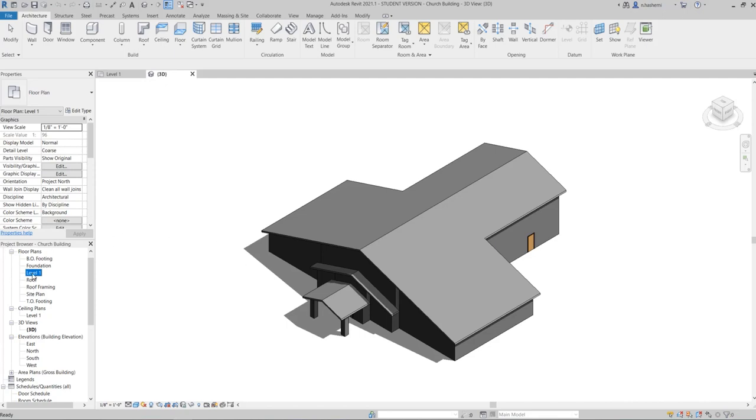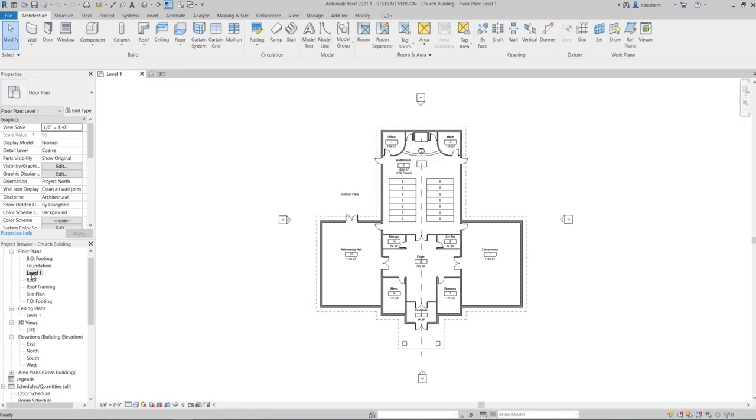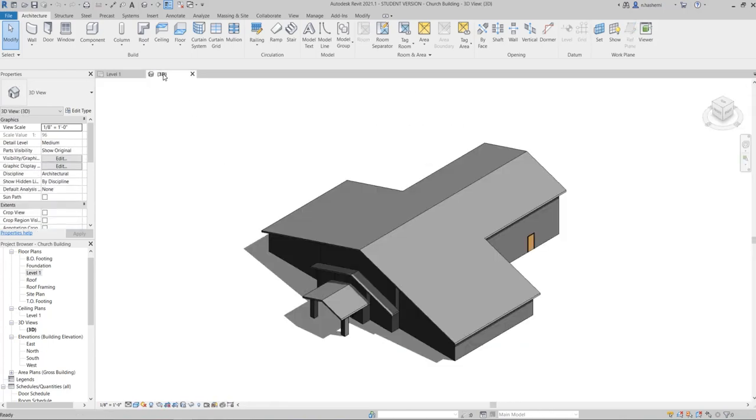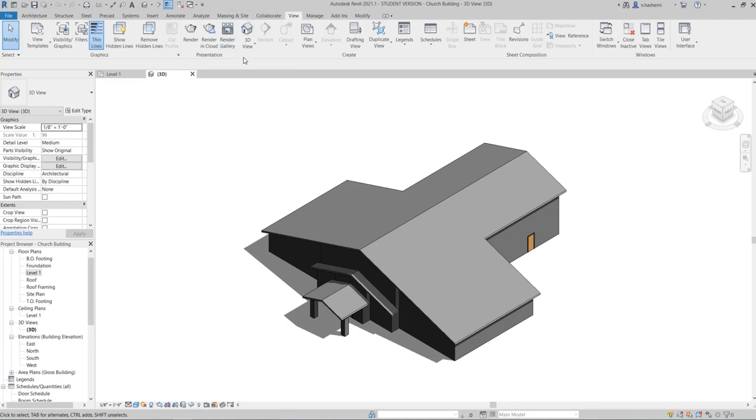So if you want to switch to level 1 window, you can just double click on level 1, or you can just click switch between these two windows. The actual location of this 3D view is in the view tab. So if you click on view tab, you can find it here. Okay, this is just located here, so you can find it just quickly in quick access toolbar. Now I want you to go back to level 1 again.